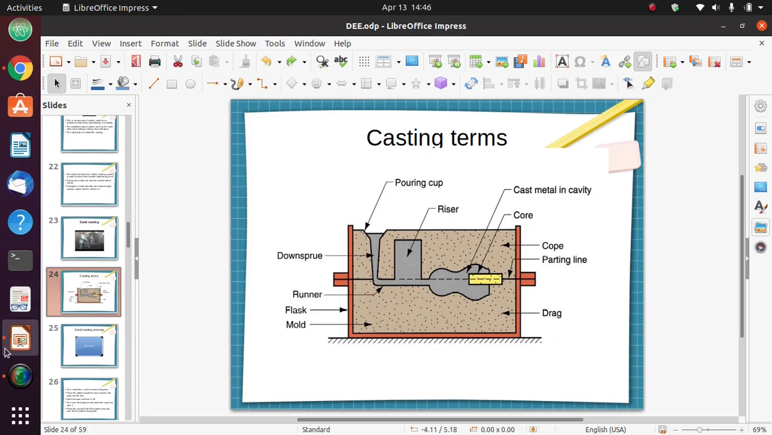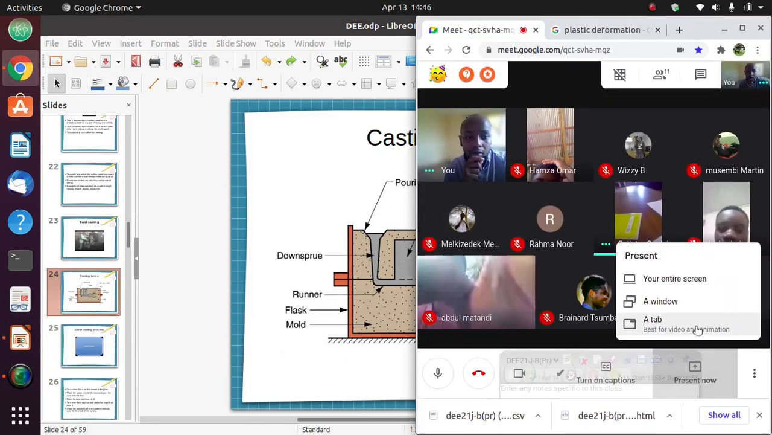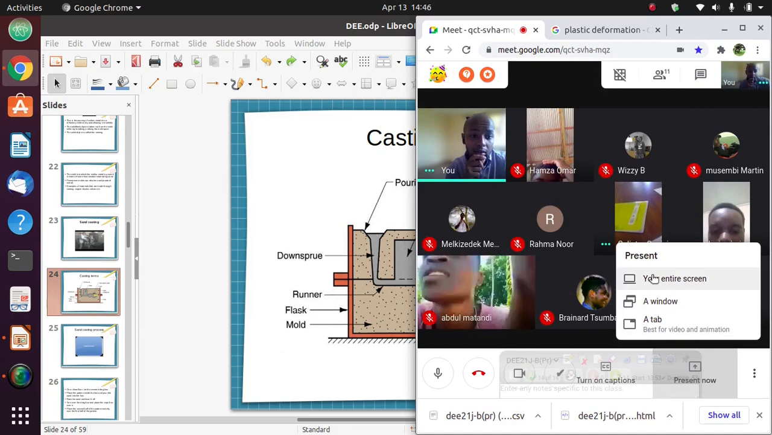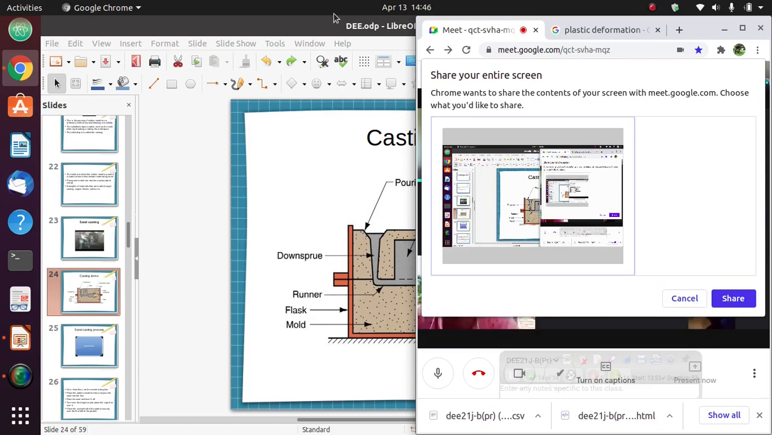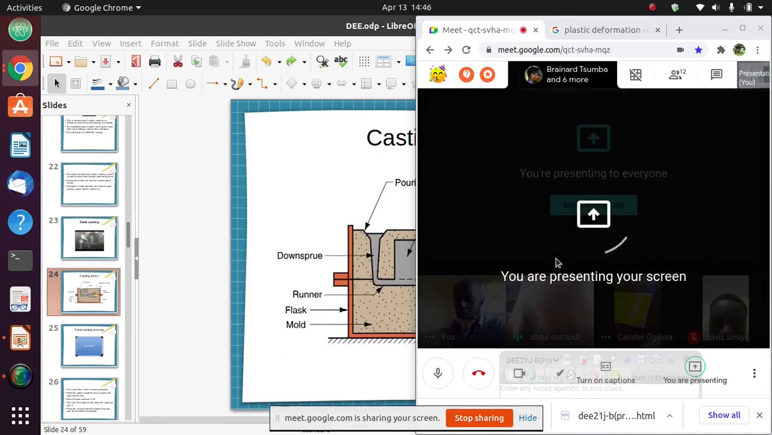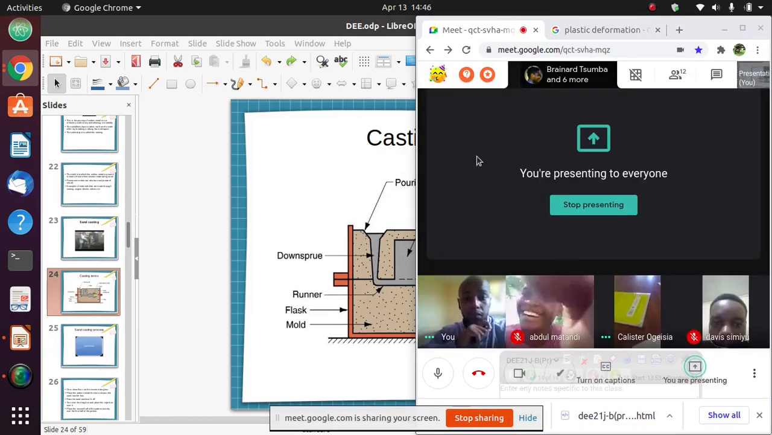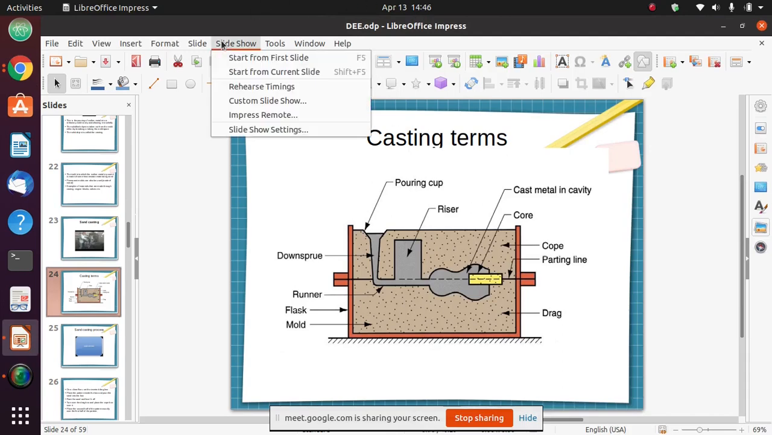Can you see the diagram? Oh, I'm sorry. Okay, let me share. Can you see now? Okay. Now,